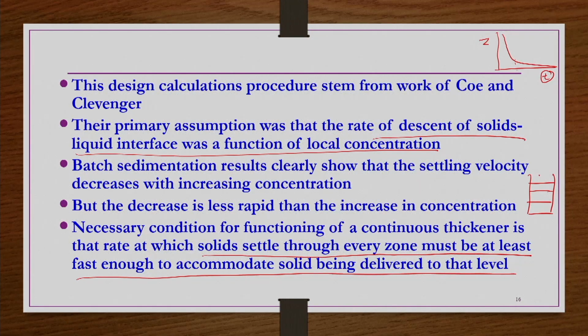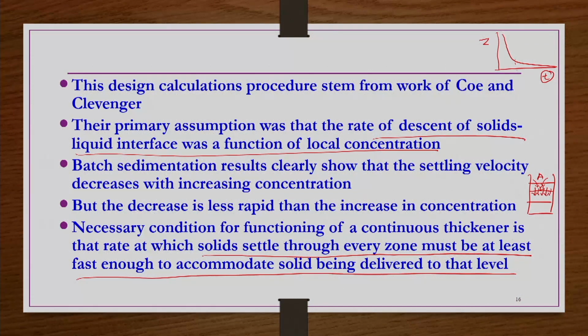Now, from this B zone particles are settling through, they are passing through, right. That must be fast enough. How fast? The rate at which the particles are entering that zone from A zone to the B zone, whatever the rate it is coming,